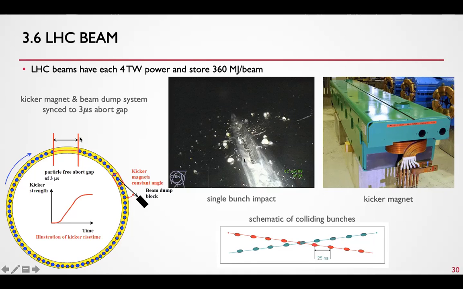The beam is punched, as we said, into 2,808 bunches, and they run counterclockwise. This is not 2,808, but you get the idea. There is an opening gap in both beams that run in the 2 different directions, which lasts for 3 microseconds. That means